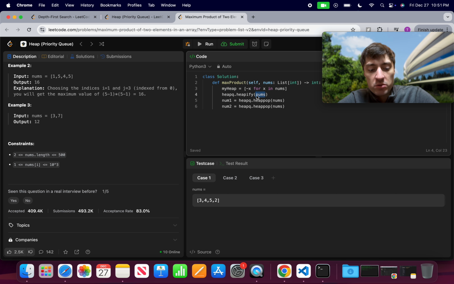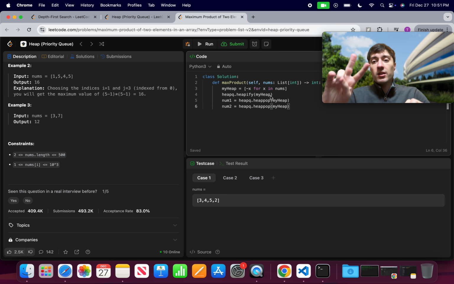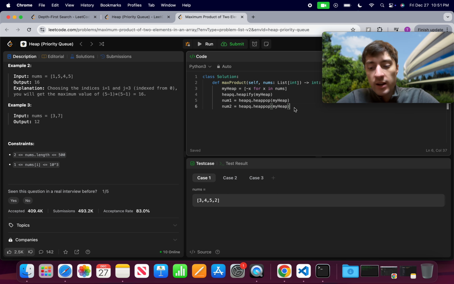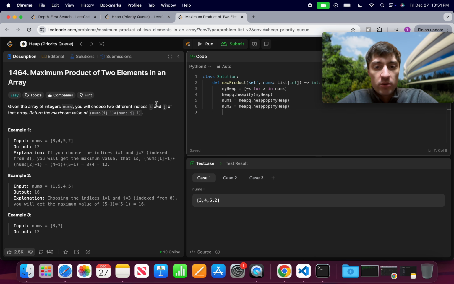And then I'm going to take that list that I just created and heapify it. Then I'm going to pop off the most negative number, which is actually the biggest number. And then I am going to pop off the second largest negative number, which is the second largest number. Then all I need to do is negate the two. So now in the calculation, I'm going to follow this formula. So return,